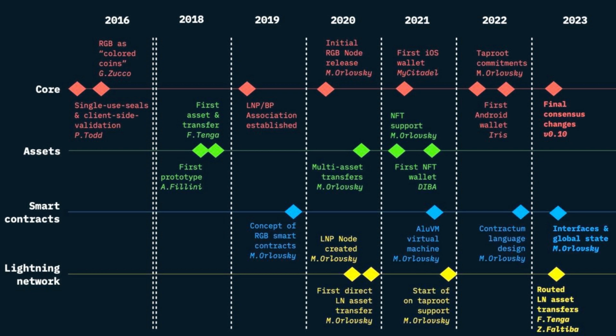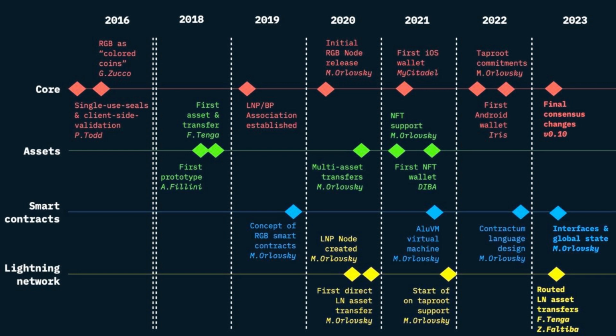That was colored coins. And around that time, you also had Peter Todd proposing this idea of a single use seal and what is called client-side validation. And this is, again, the central concept for RGB. Client-side validation simply means that we're not doing all this complex validation of smart contracts on chain, and we're instead